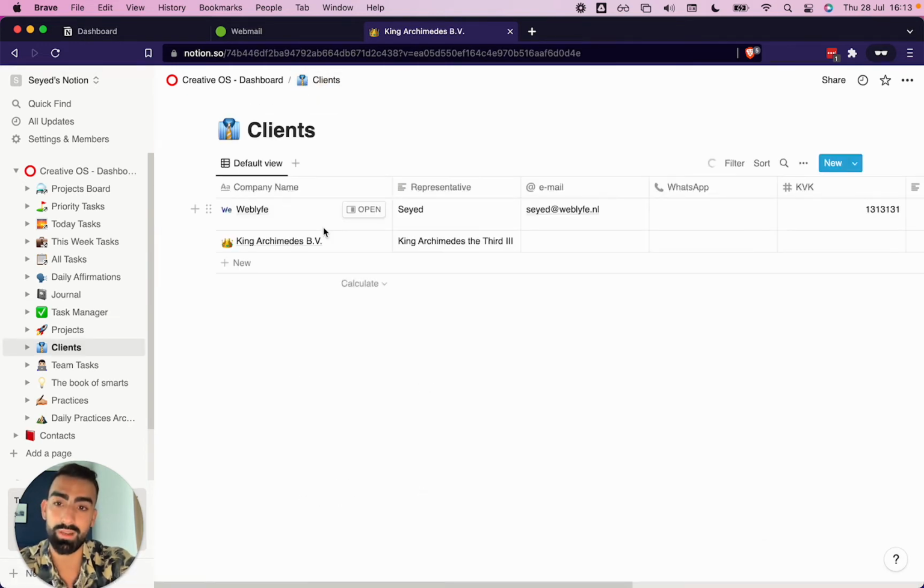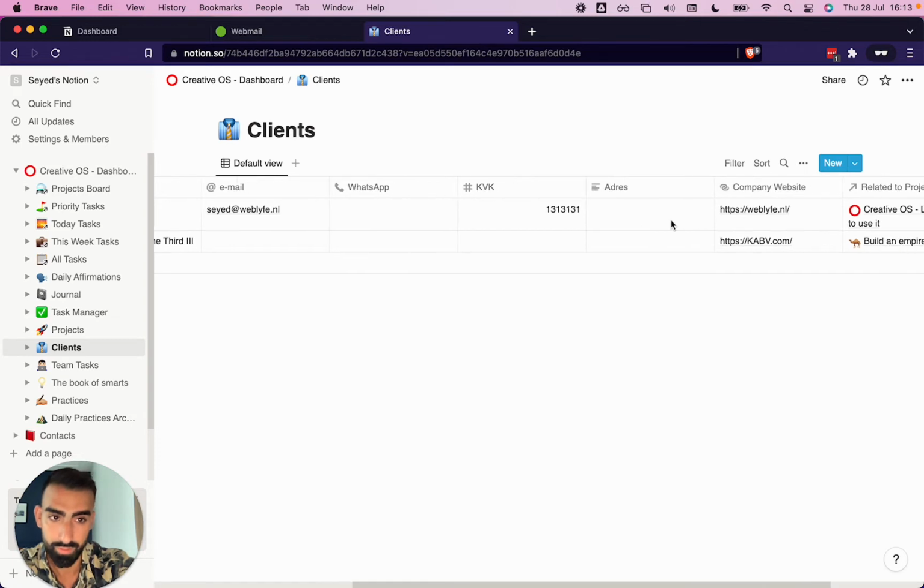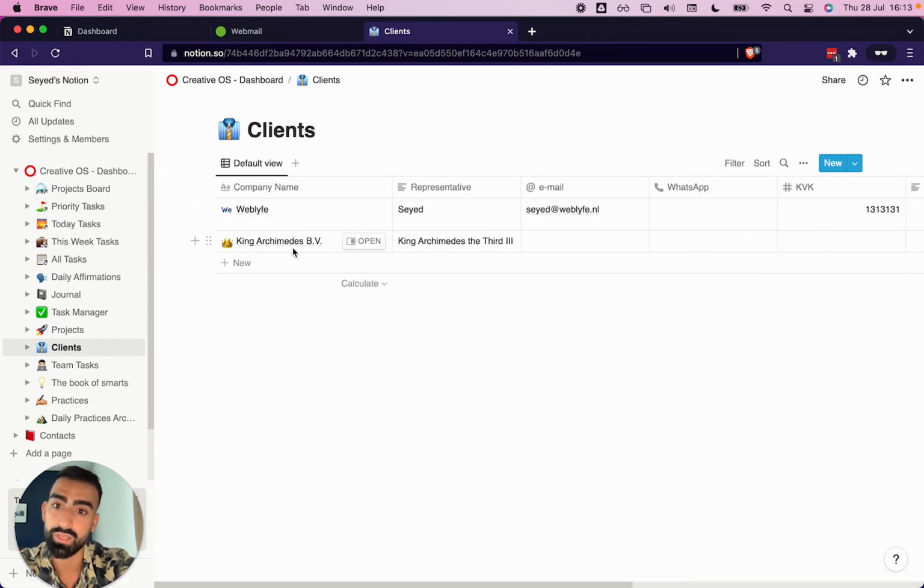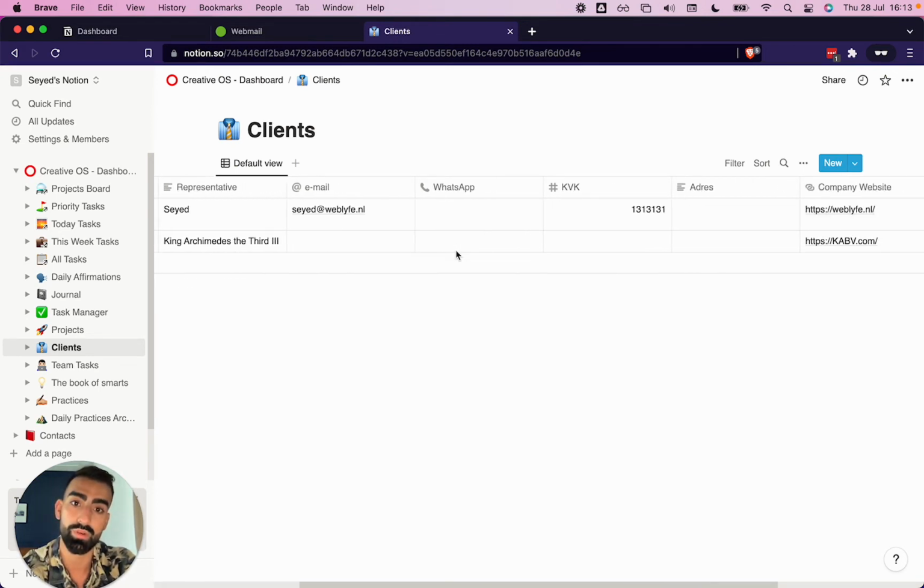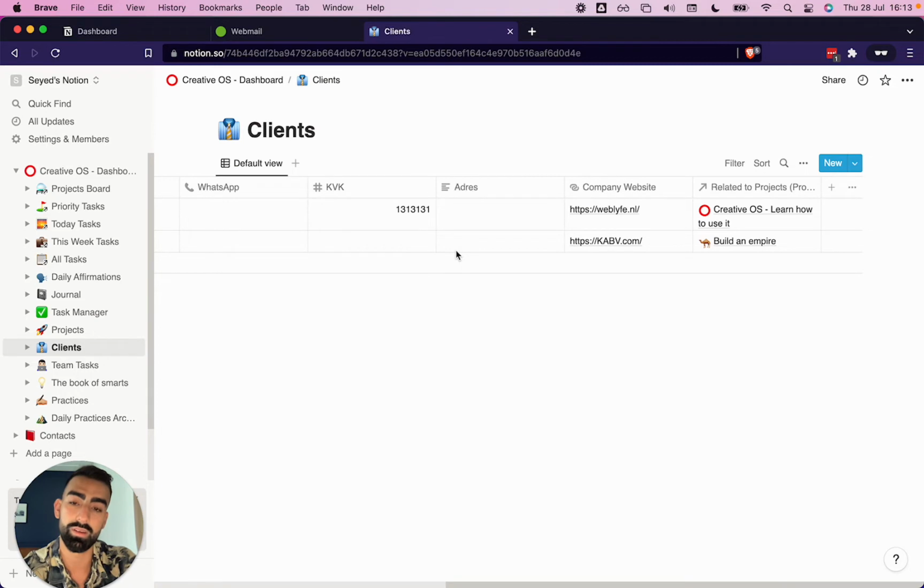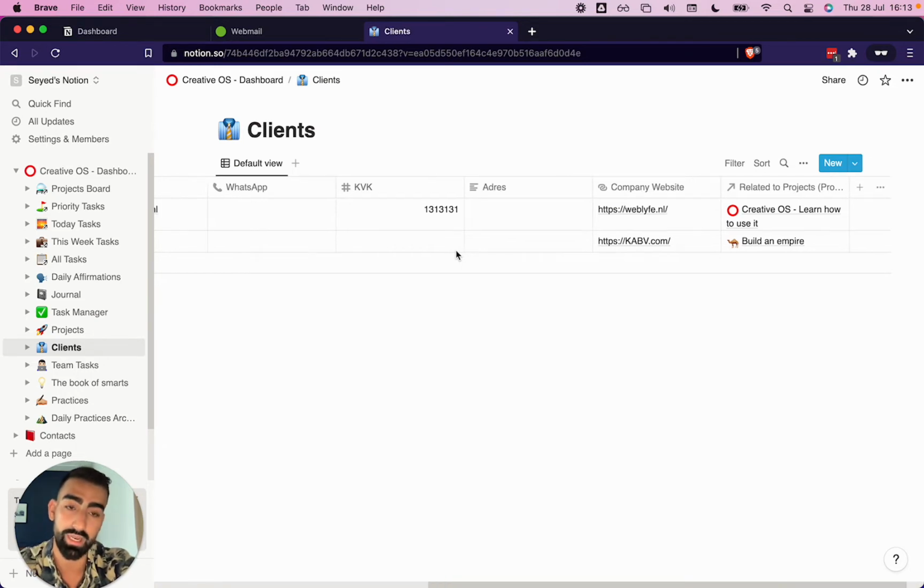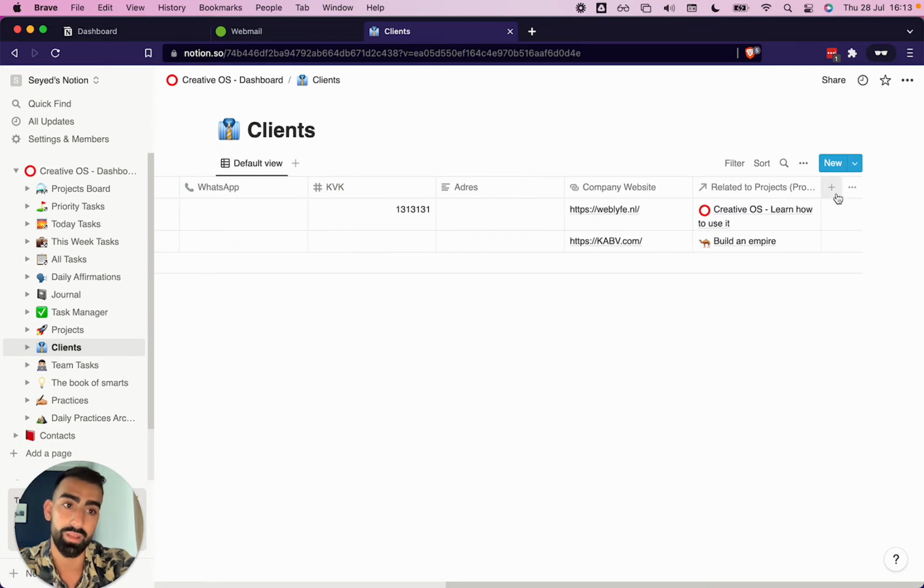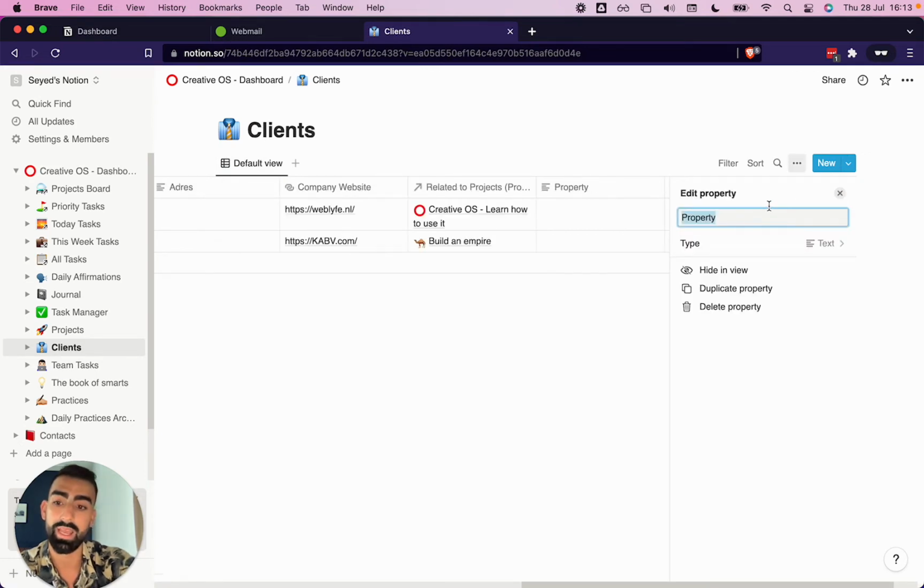So if we go back to the clients, this is now populated with 2 clients. WebLife is a client here with the information and related to a project. And now we also have King Archimedes BV represented by King Archimedes with his email, his WhatsApp, Chamber of Commerce number, and address. And again, you can actually extend on these by adding a column here and having, for example,